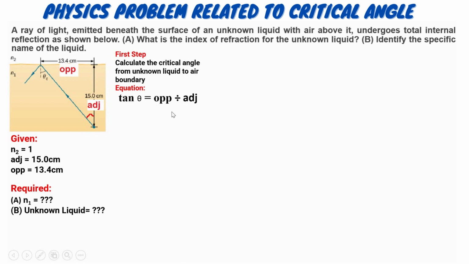So we are getting the ratio between the opposite side and the adjacent side of the right triangle. Rearranging and substituting the given variables, for opposite we have 13.4 cm. For the adjacent side, we have 15.0 cm. Dividing the given variables, we have